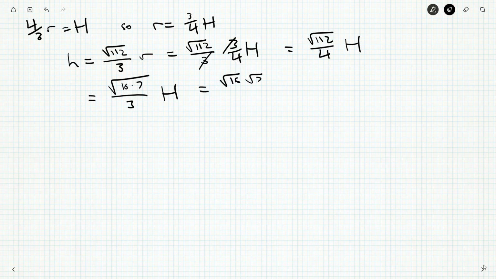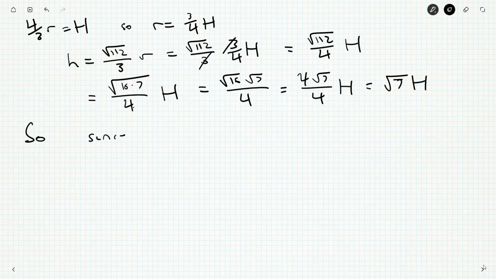all over 4 H. Root 16 root 7, because square roots distribute over multiplication. Oh, this isn't a 3, it's a 4. So that's 4 root 7 over 4, root 7 H. So since little h is root 7 times capital H, they cannot both